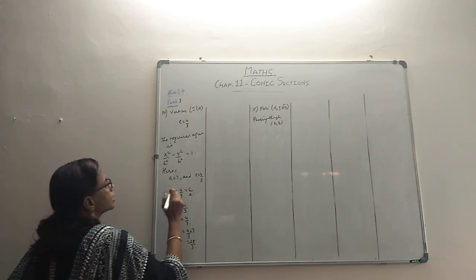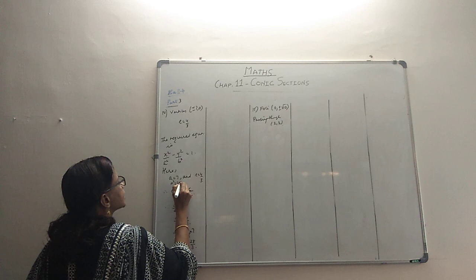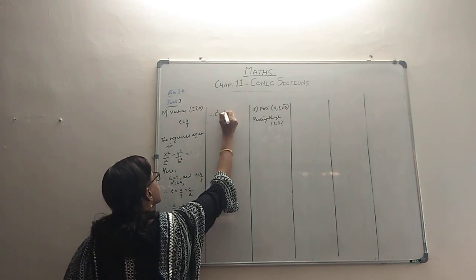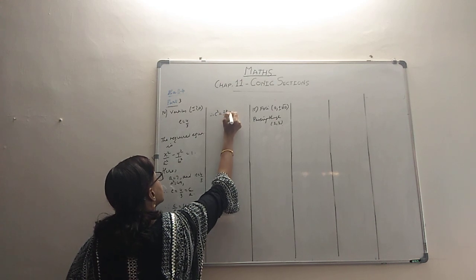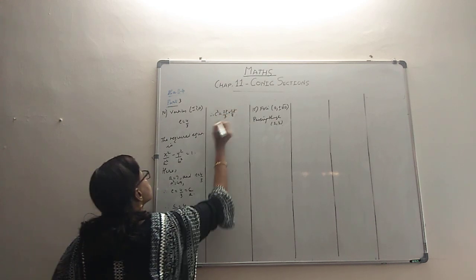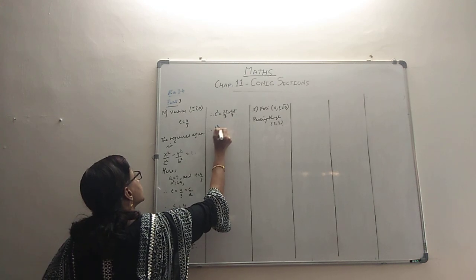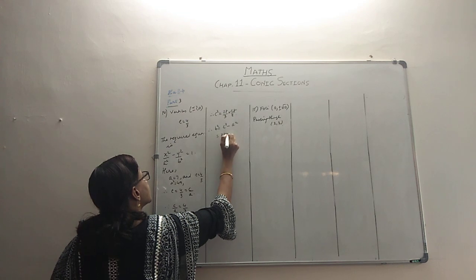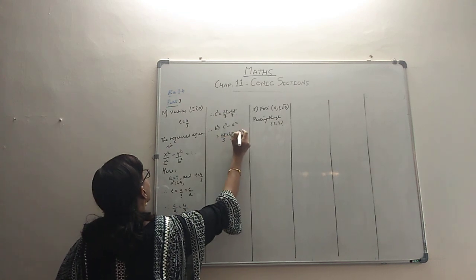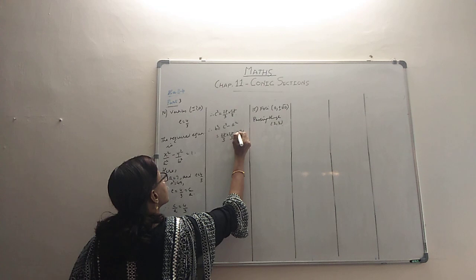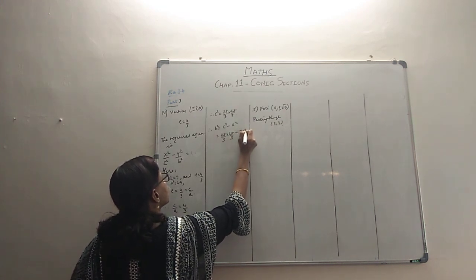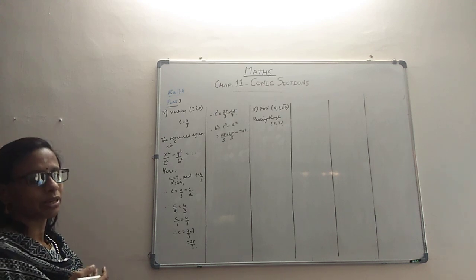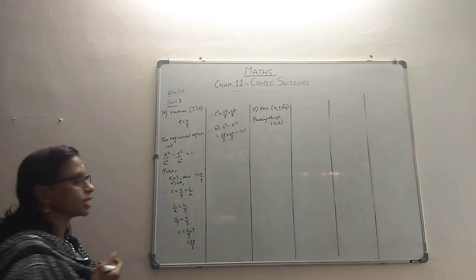We need to get c squared if you have to get b squared. A squared is there, probably a squared is 49, but you have to get the b squared. So if c is 28 by 3, then c squared is 28 by 3 into 28 by 3. So b squared is going to be c squared minus a squared, which is 28 by 3 into 28 by 3, and a is 7 into 7 or 49. Now I choose to write like this because I feel certain things can be common and your working can be a little simple.